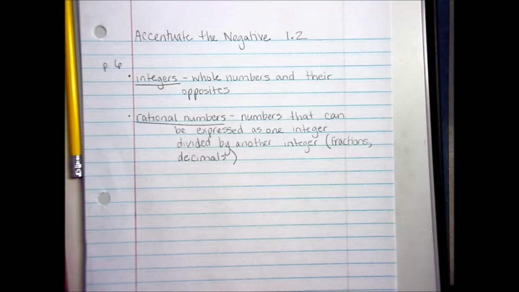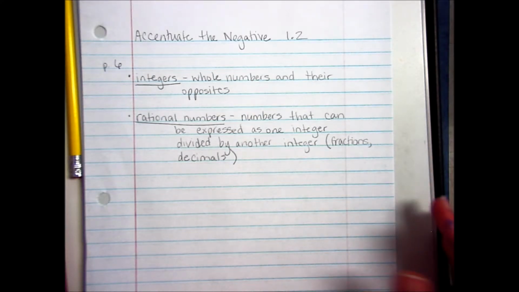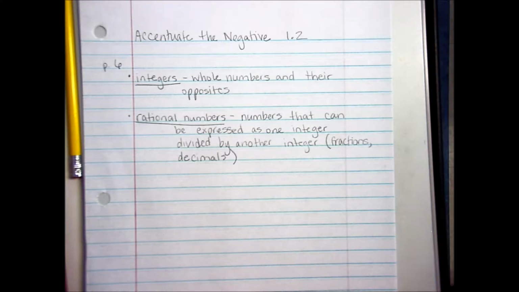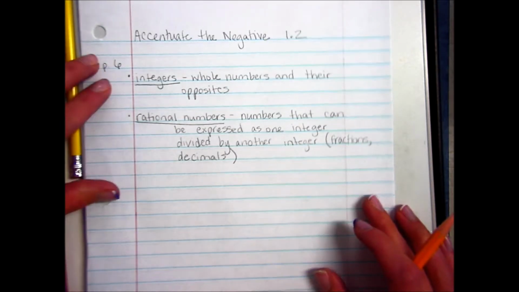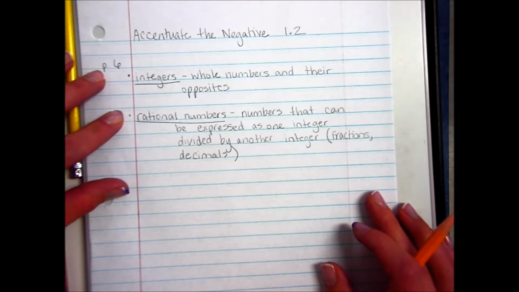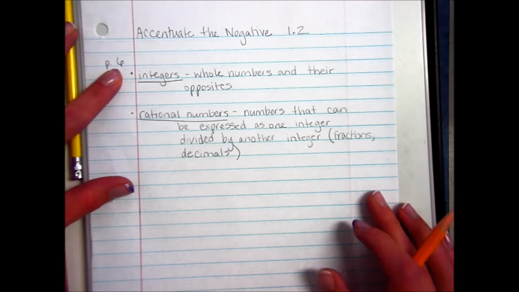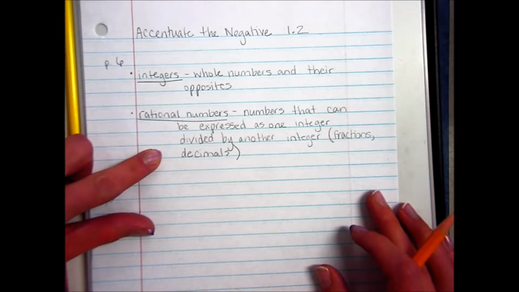Okay, so today's lesson is accentuate the negative. We are in lesson 1.2, but we're starting at page 6 just to do a little bit of review. It's been a while since we looked at the words integers and rational numbers. So integers are whole numbers and their opposites. Rational numbers are numbers that can be expressed as one integer divided by another integer, which therefore would be fractions